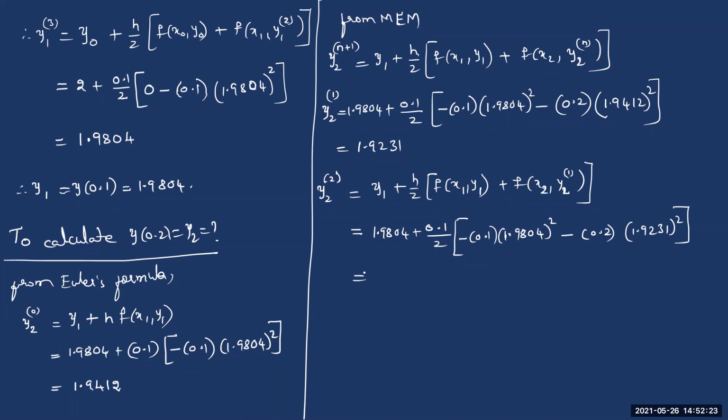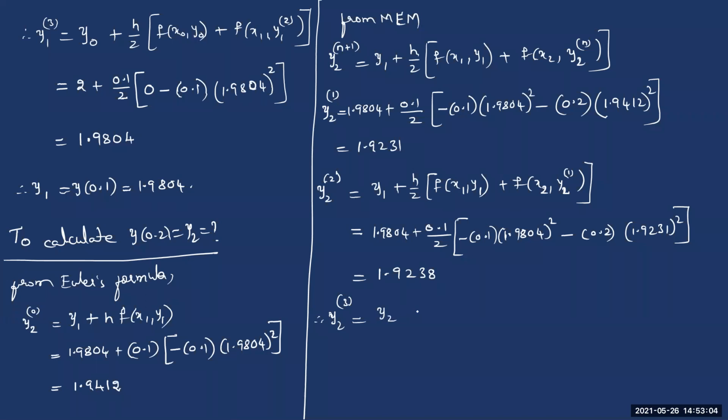I'm just substituting this in this formula. 1.9231 whole square. See, I'm getting this as 1.92380, so I'm not writing that. So this is the second approximation. Now, after getting the second approximation, compare it with the first approximation value, so that you can see 3 digits after the decimal point are the same. That means you now got 3 decimal accuracy. So let me just try for one more iteration. Probably we may get 4 decimal accuracy also.